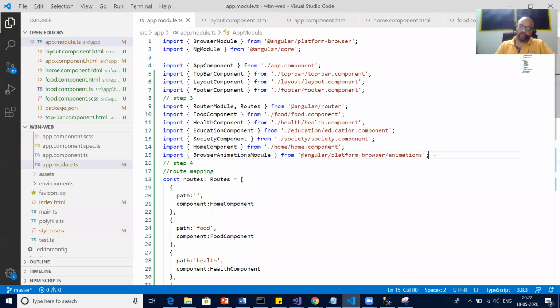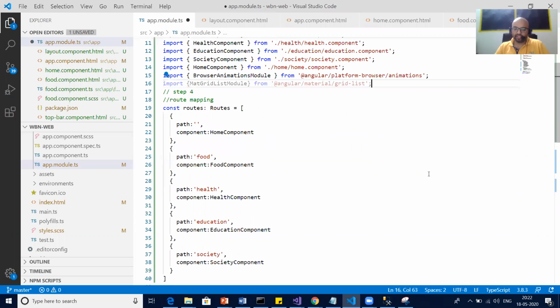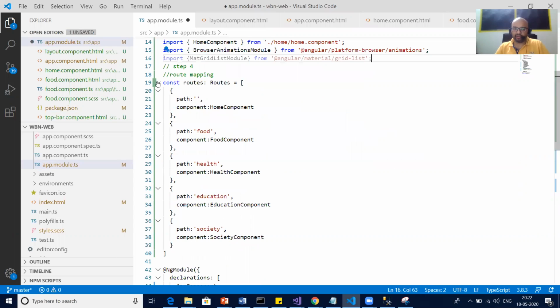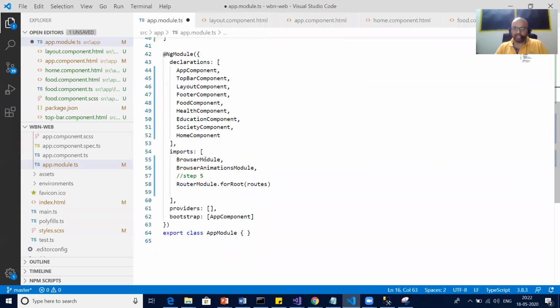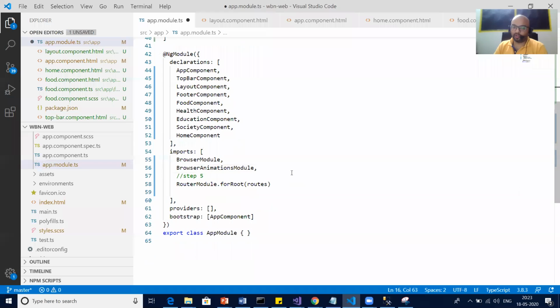Remember I told you three kinds of module. One, Angular modules, which we inject in the imports section. Then the second kind of module is the user defined or programmer defined module that you have created, correct? That will also go into the imports.